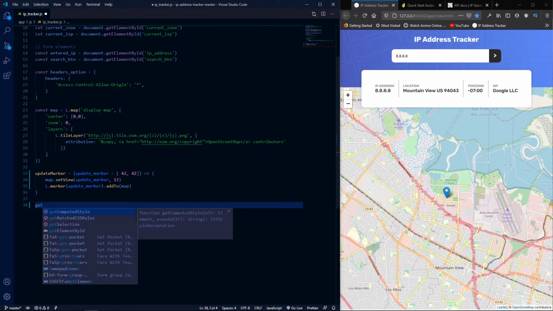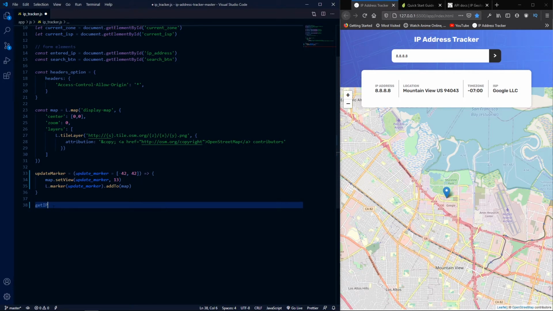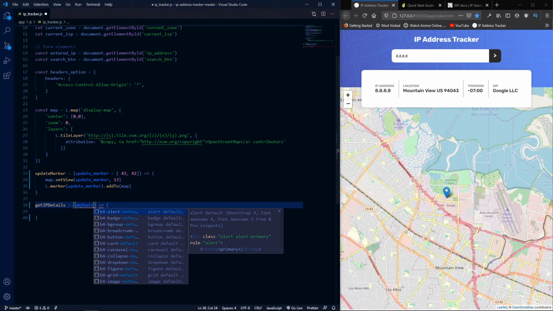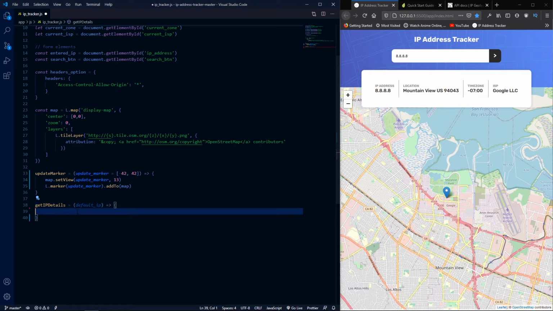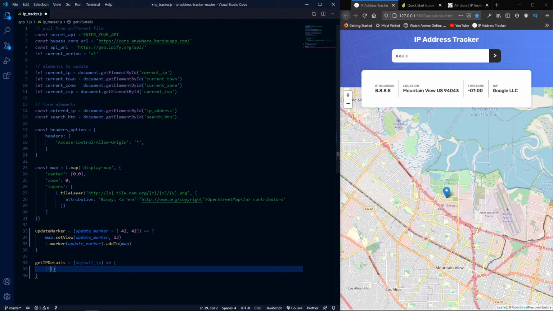I'm going to call this one getIPDetails. I'm just going to also do an arrow function for this one, and then I'm going to pass through a variable called default_IP. Then inside of this function, I'm going to do an if statement firstly. I want to check that someone actually passed through an IP address, and if so, I'm going to have to link a section of this